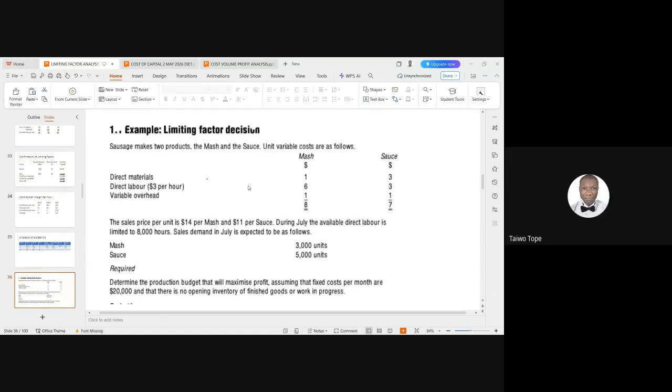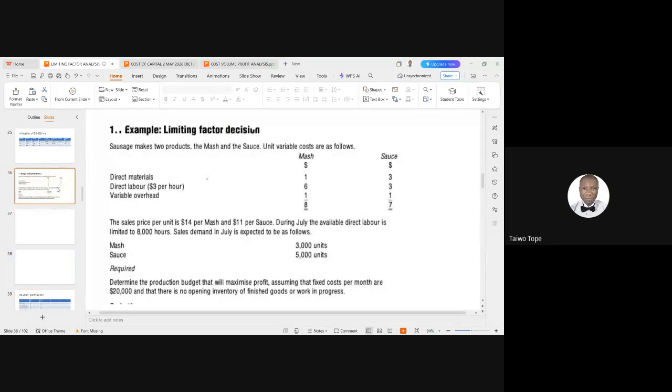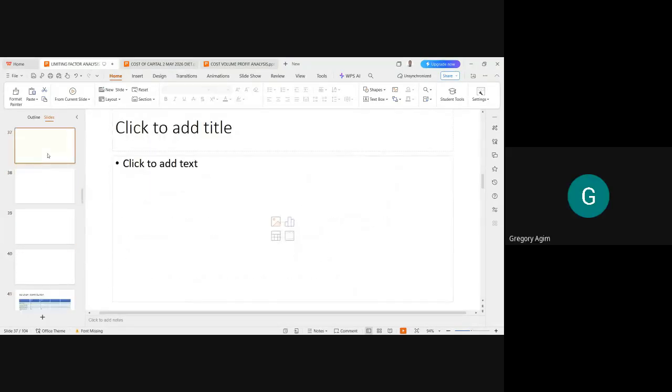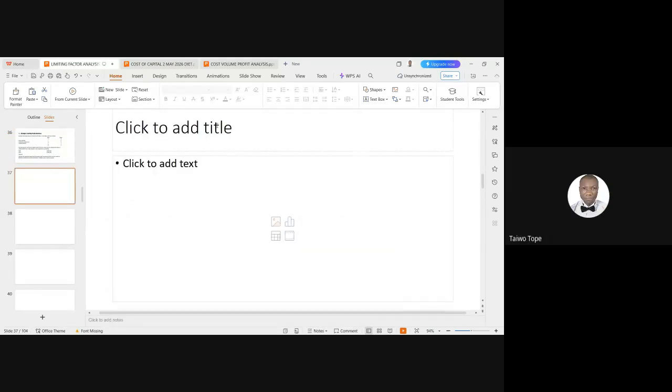So let's show it before I go ahead to ask the next question. Let's show it because we might not all be on the same page. Let's show it. So step 1,